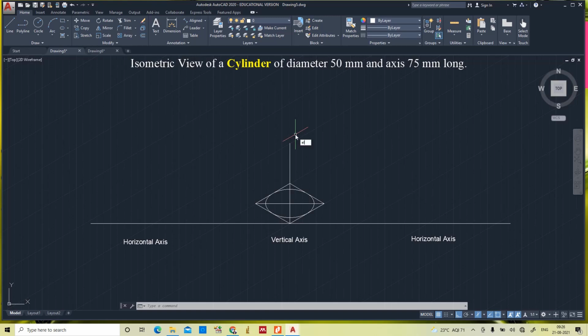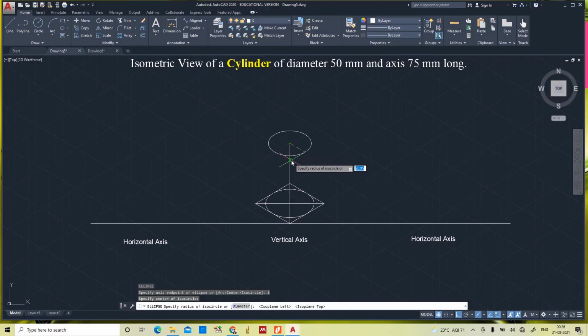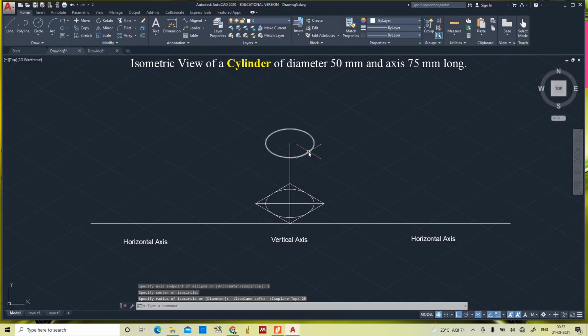Again ellipse, isocircle, you can select isocircle or type I, enter. Now it is in this plane, the front view plane, press F5. The diameter is 50, so the radius is 25, and perfectly it fits. Now the upper base is ready, and the lower base is ready.